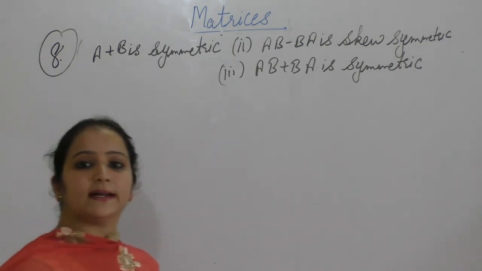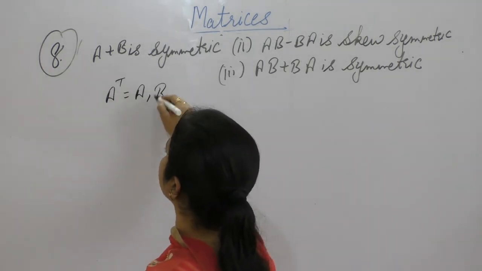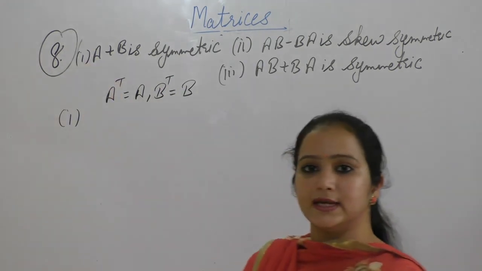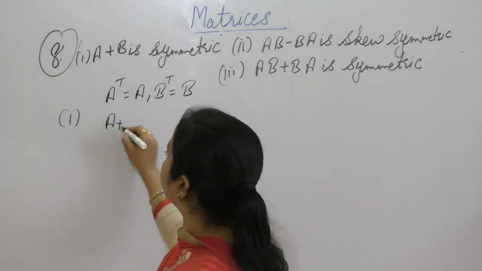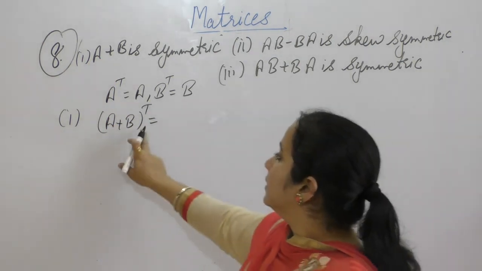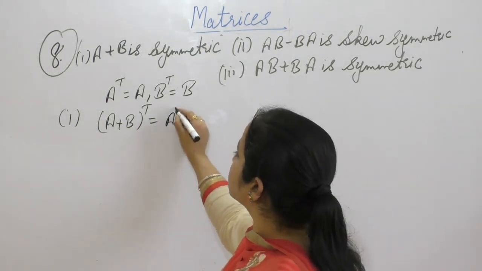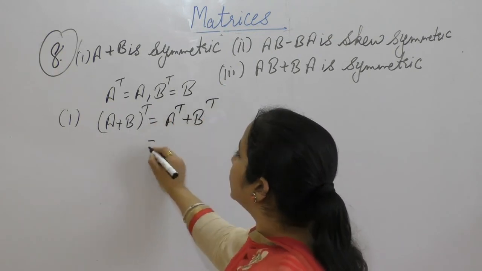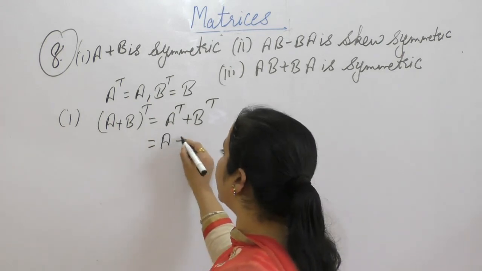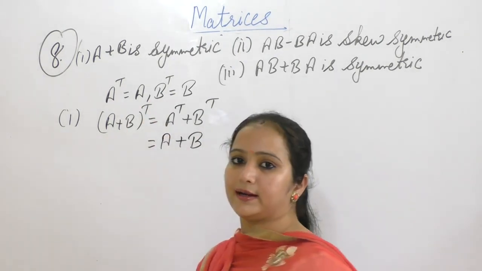A and B are symmetric matrices. Therefore, A transpose is equal to A and B transpose is equal to B. Now, in the first part we have to prove A plus B is symmetric. That is what we want to prove. A plus B transpose is equal to A plus B. Apply the transpose property: A transpose plus B transpose. Since A and B both are symmetric matrices, therefore A transpose is A and B transpose is B. So the transpose of these matrices is equal to that matrix. Therefore